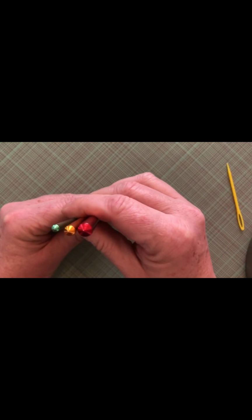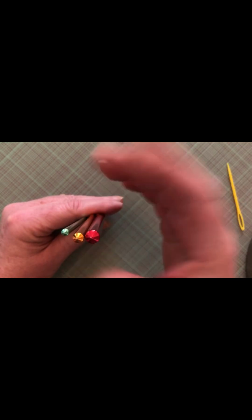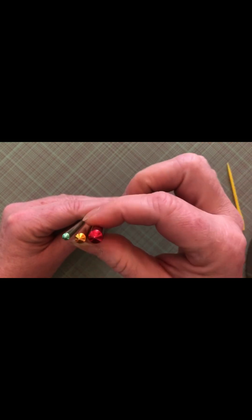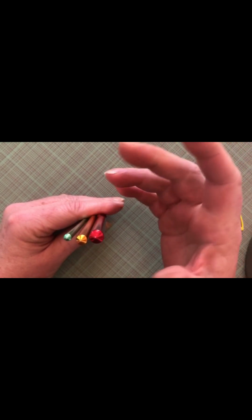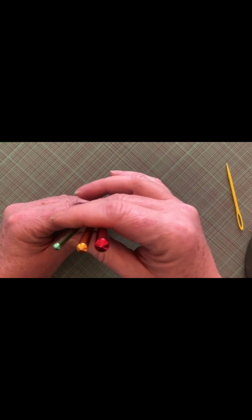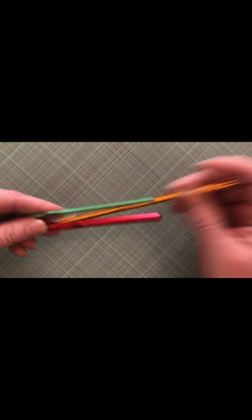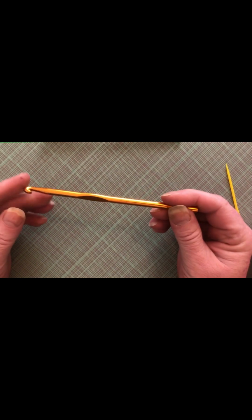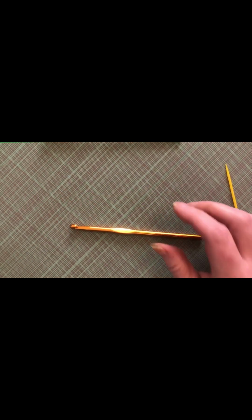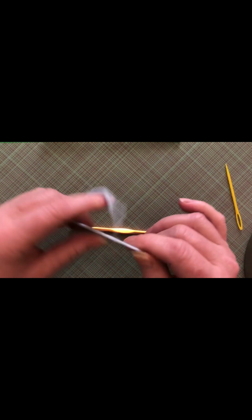There is a US lettering system of like F and J and G or H, whatever, to identify your hook, but all of those letters just correspond to the size. So I'm just happier just calling it by the millimeter size that it actually is. For this video, I'm just going to use my 6mm hook, and that is because I'm going to be working with a 4 worsted